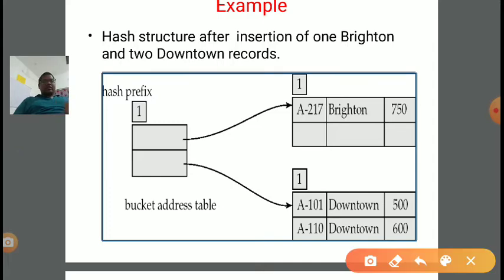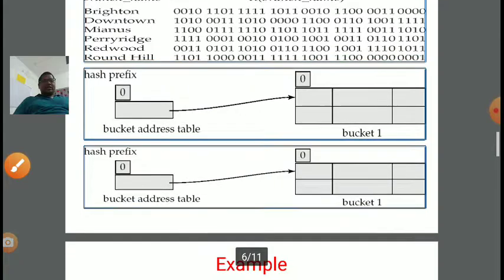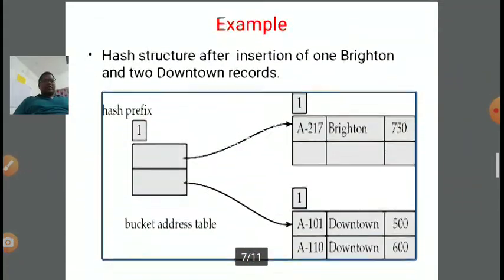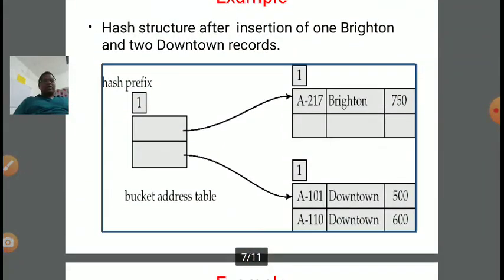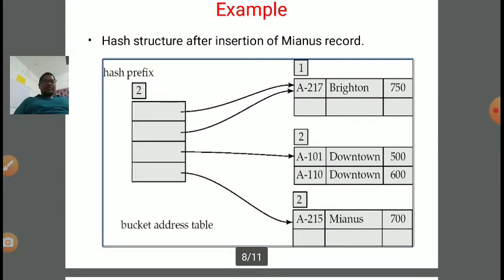Initially we have nothing, see the previous slide. After inserting the Brighton and Downtown records, the bucket address table will change in this scenario.